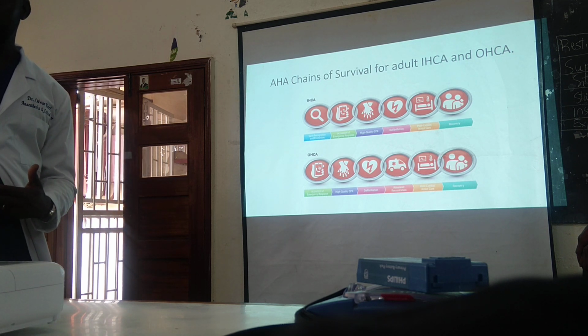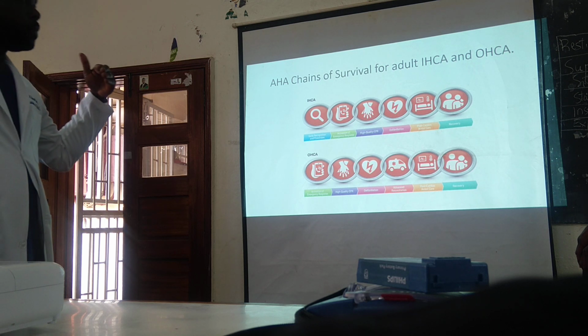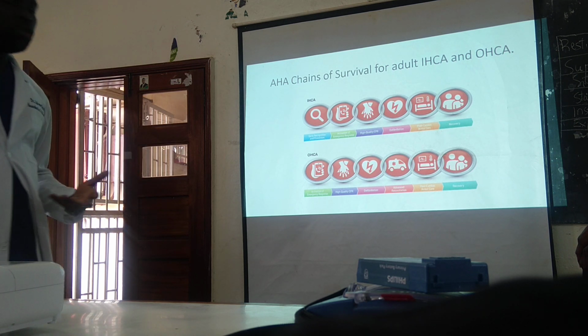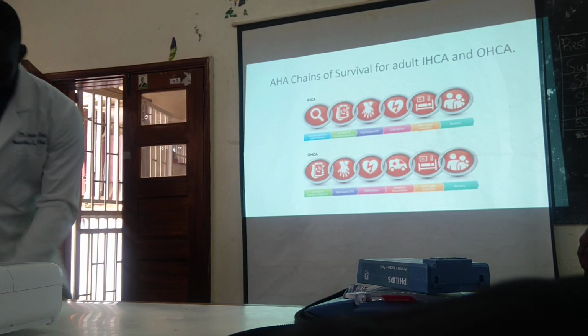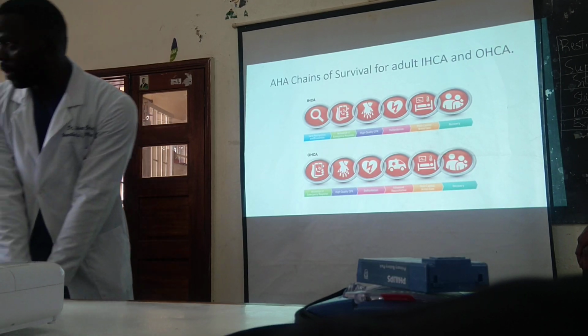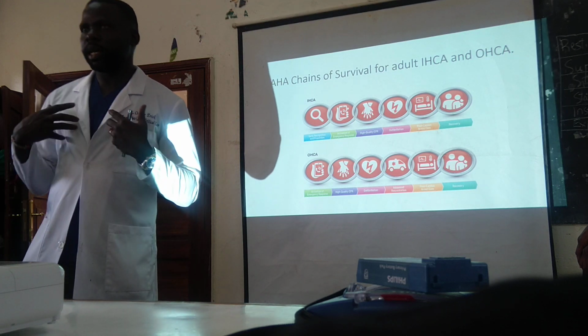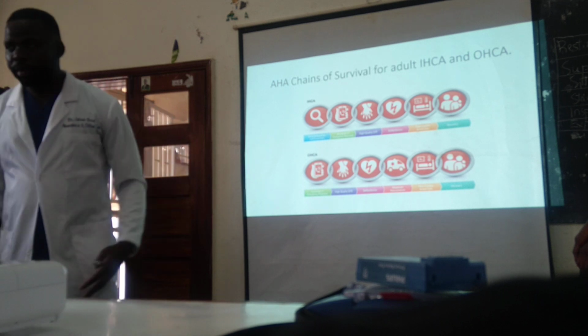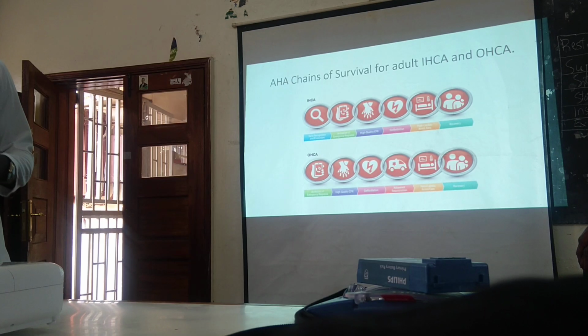100 to 120 chest compressions per minute. You minimize interruptions. You allow the chest to recoil back. Some people just press the chest once and then leave their hands down there. You don't allow the chest to recoil back to create that negative pressure. It pulls back the blood from the other peripheral areas of the body to the heart. Then it gets pumped again to the rest of the body.